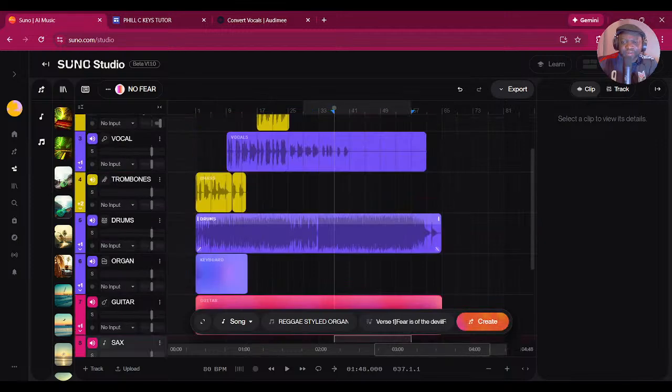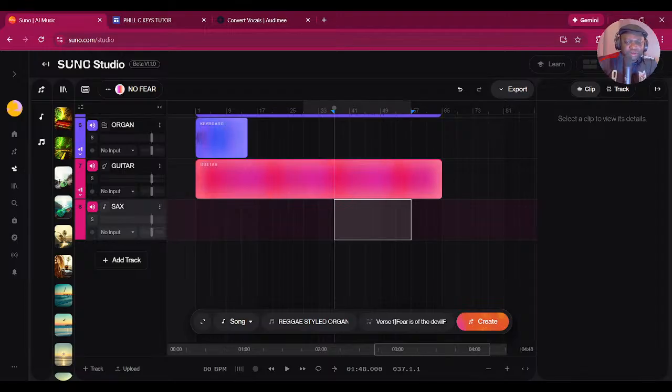So, song, woodwinds, and melodic minor blues. Let's see if it can give me a tenor sax solo right there.